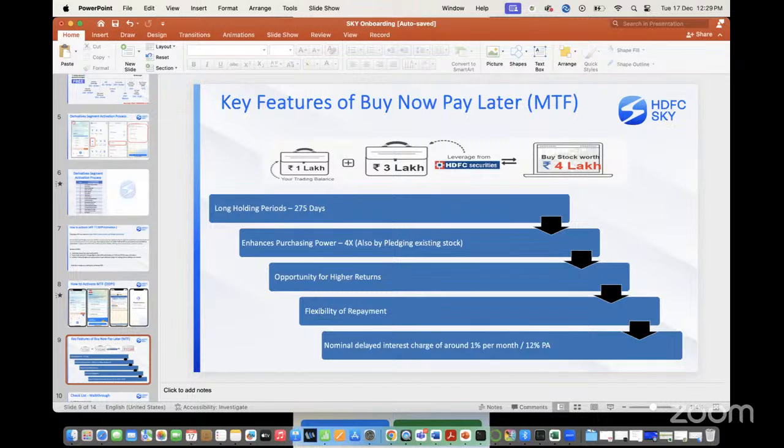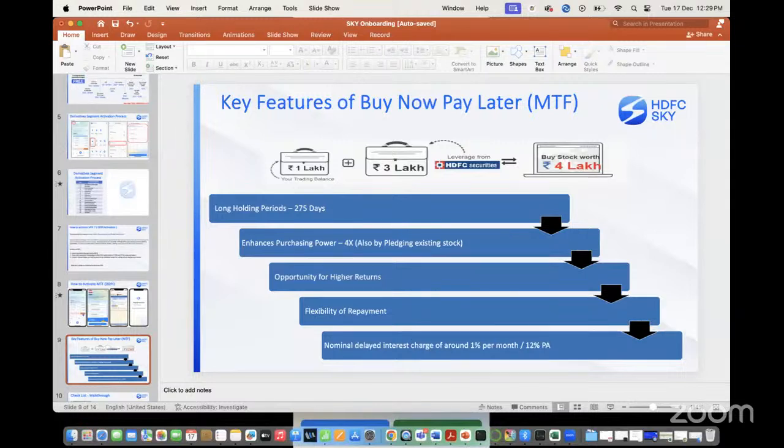Delivery, you can hold up to X number of days, whatever you wish to. MTF, as I said, you have a holding period of 275 days. In MTF, as I said, now for example if I want to buy 10 stocks, without MTF I have to pay